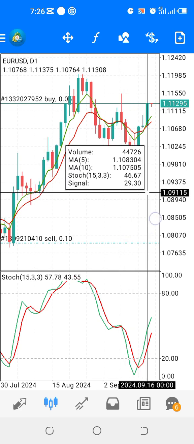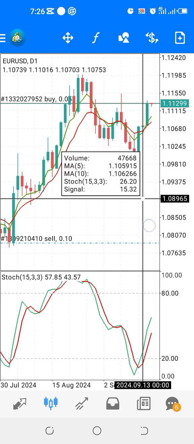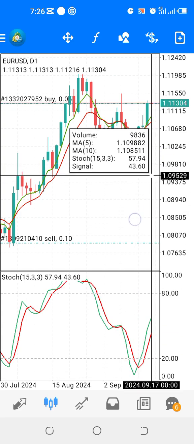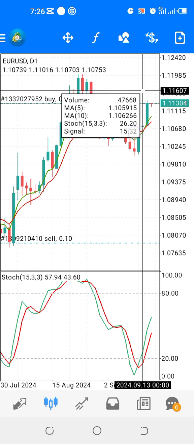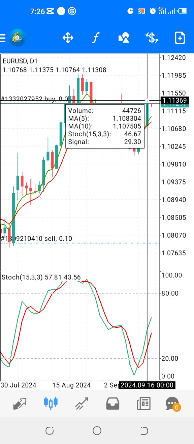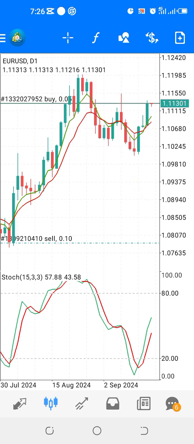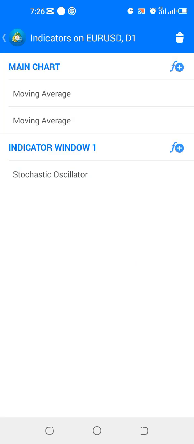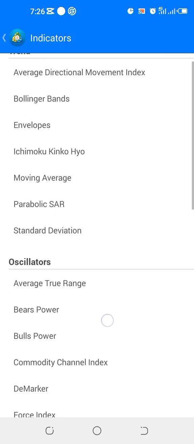If the moving average crosses over, then wait for the stochastics green line to also cross over. And when there are confirmations, then you can take the trade. You see confirmation here, you wait for this candle to close before entering the trade. That means the trend is finally up. So wait for confirmation. Or you can equally use MACD if you like. Let's get MACD and see how it behaves.